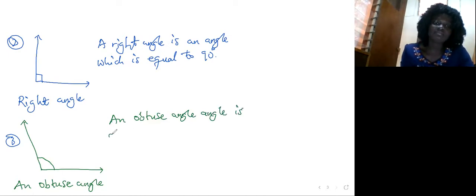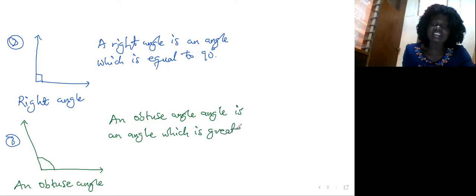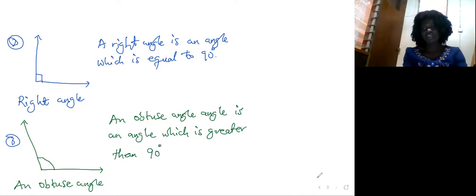So we can say that an obtuse angle is an angle which is greater than 90 degrees, which is greater than 90 degrees. Okay, the last one I'll add up